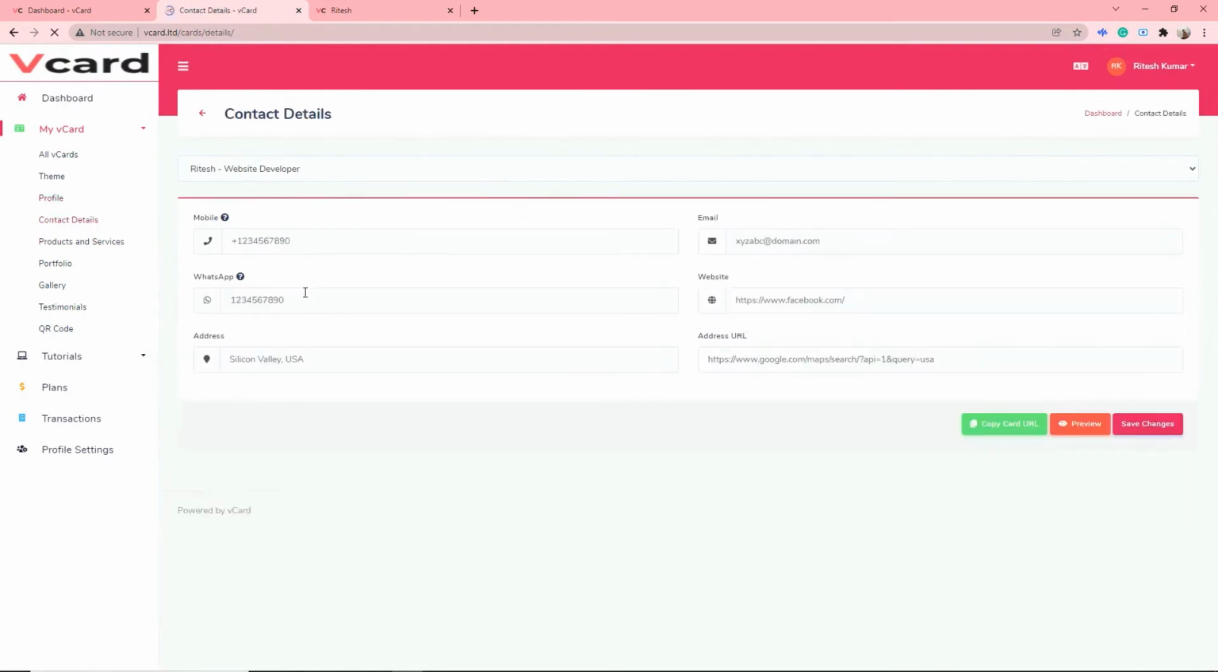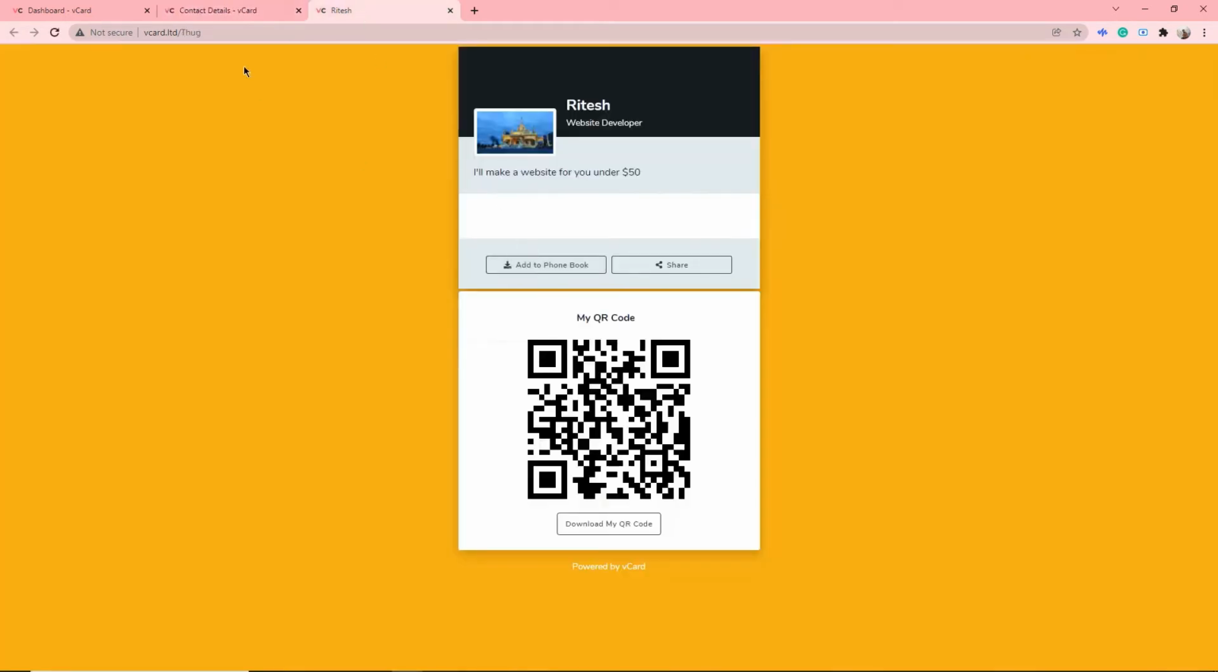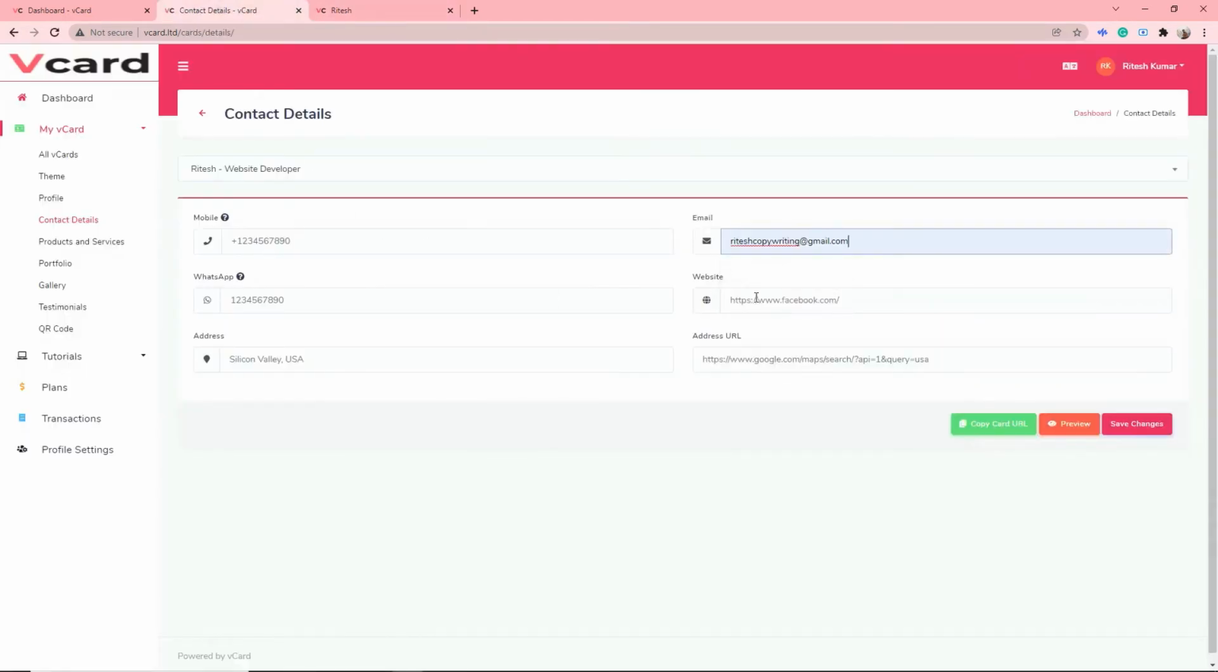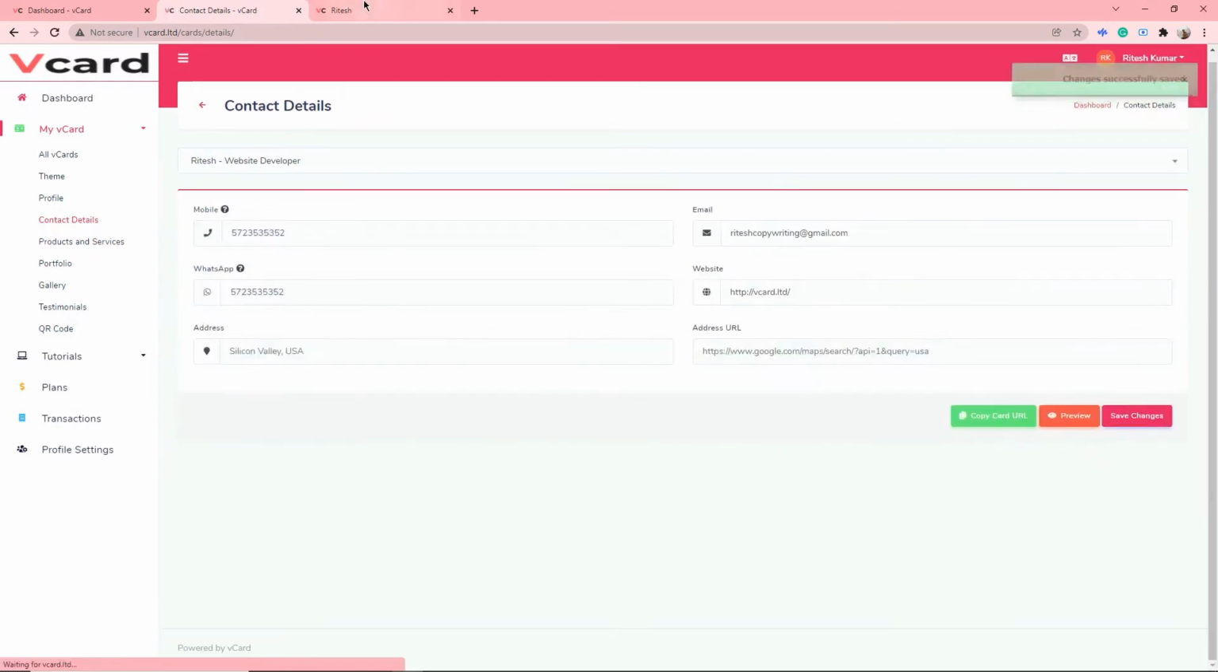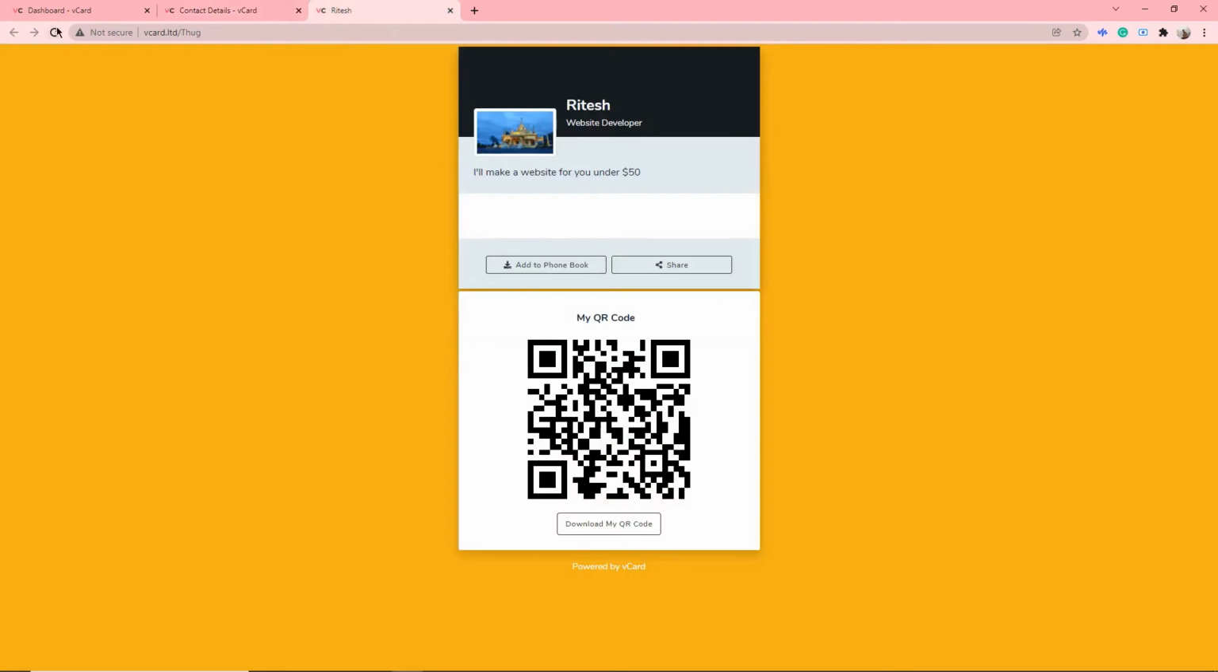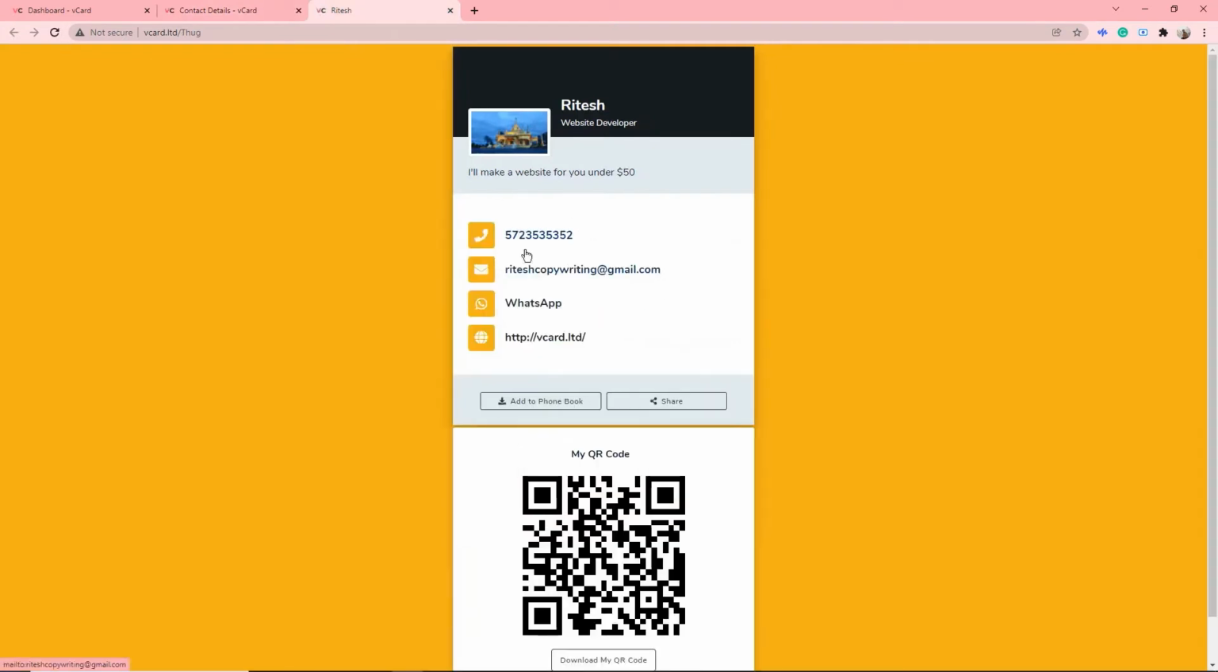And if you want, you can update your contact detail. Currently you can't see any contact detail here. Let me add some contact detail for you, and I will copy the same, and I will click on save changes. So the contact detail has been updated. You can check here. You can see all of the contact detail has been updated here, and anyone can click, call you, WhatsApp you, or even email you, even visit your website, and then they can even fill